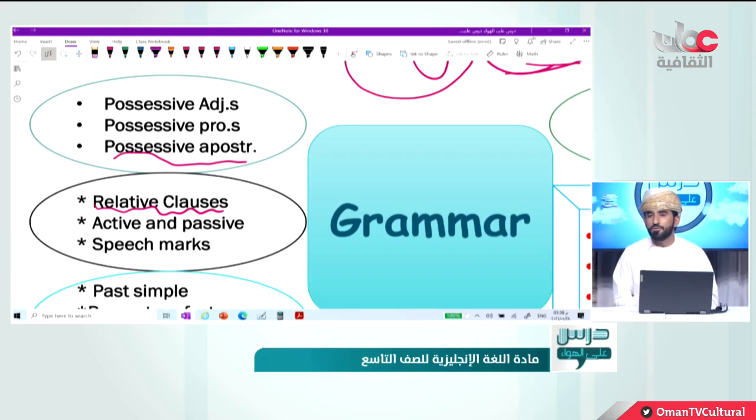And then we said something that is very important about that. Do you remember that? We said that can be used for both people and things. You can use it for both. We can replace who by that, okay, and we can replace that by who. It's up to you. And for which also, we can replace it by that. This is the book that, instead of saying this is the book which.